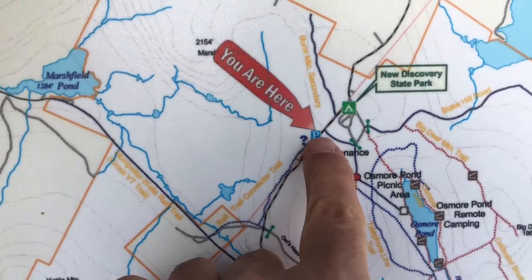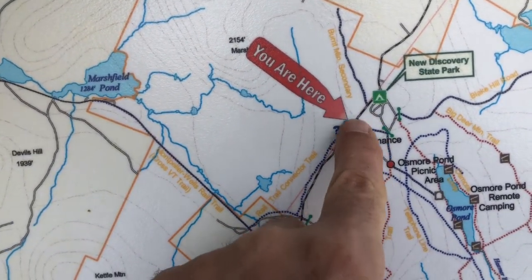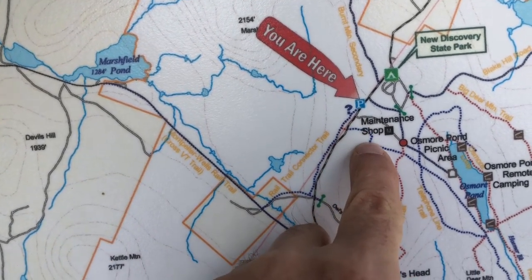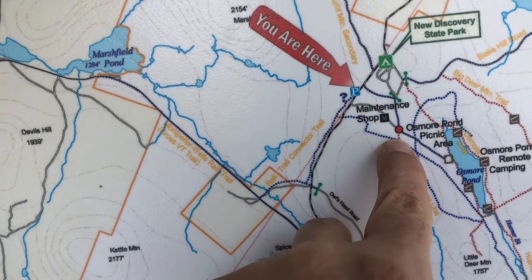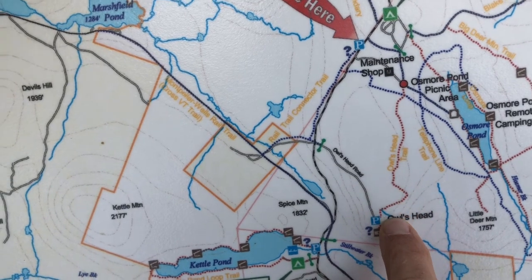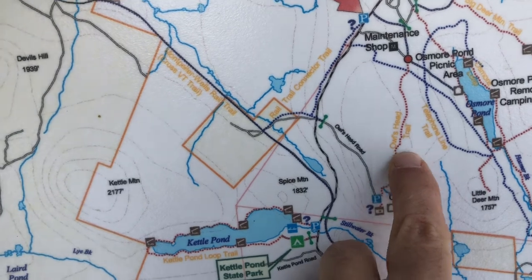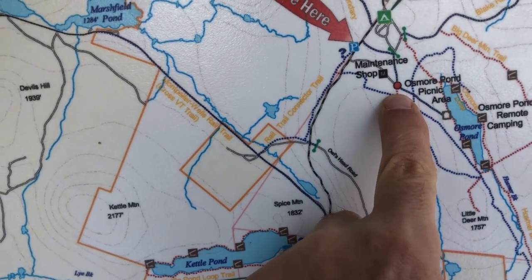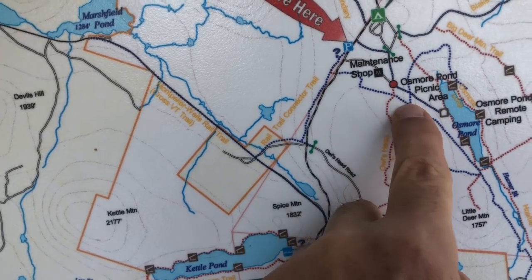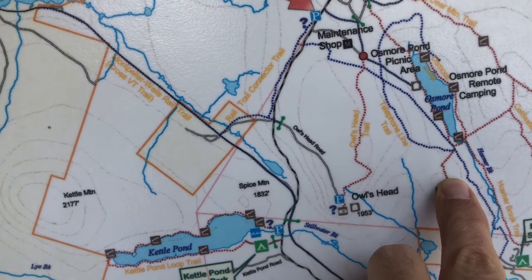Okay, you are here, and what I'm going to be doing is hiking down the old rail trail, the railway bed, and then taking this trail down to this point here. I'm going to take the Owl's Head Trail up to Owl's Head Mountain right there. Then I'm going to take it back, head down, head toward Osmere Pond, and then take the telephone line trail to here up to Little Deer Mountain, which is